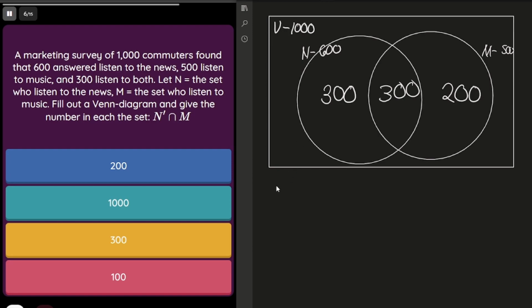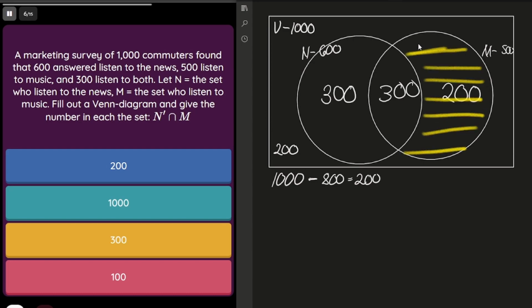Let's find the number of people who don't listen to both news and music. Take that 1,000 people and take away the number of people who listen to music or news. That is 800. 1,000 take away 800 is 200. Outside of the circles, we have 200 people who do not listen to news or music. We have enough to solve the problem. So we have the complement of N, so everything outside of N, and intersecting with M, and these are the shaded portion. So the answer should be